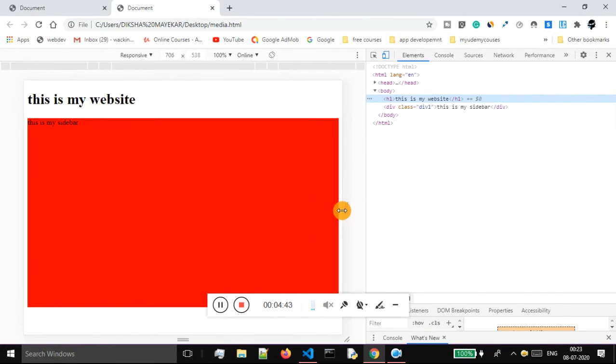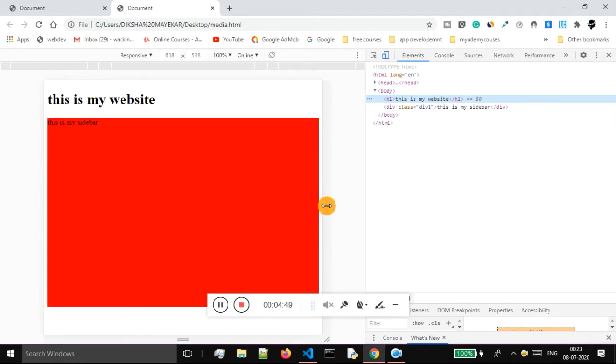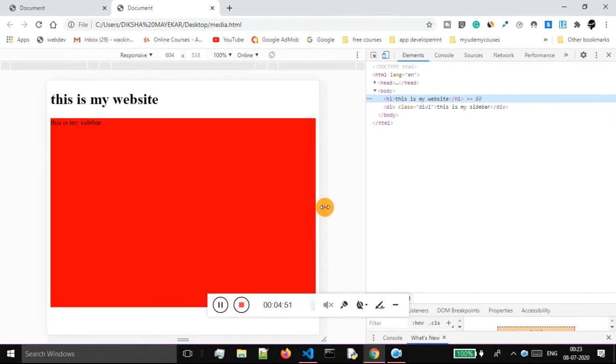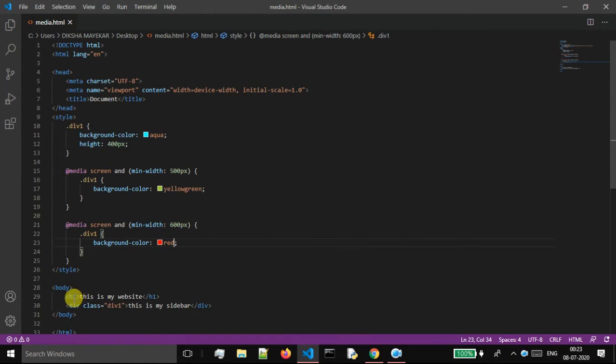Okay, so as can be seen, as it is crossing this value, it is changing to red. As it crosses the 600 value, it is changing the background color to red. And inside of this you can give almost anything. When the minimum screen width reaches 600 pixels, I can say